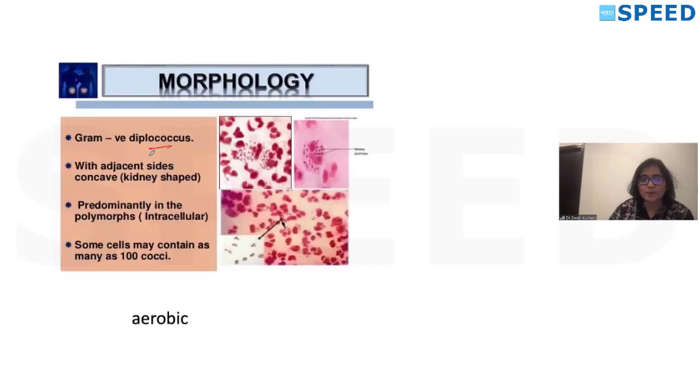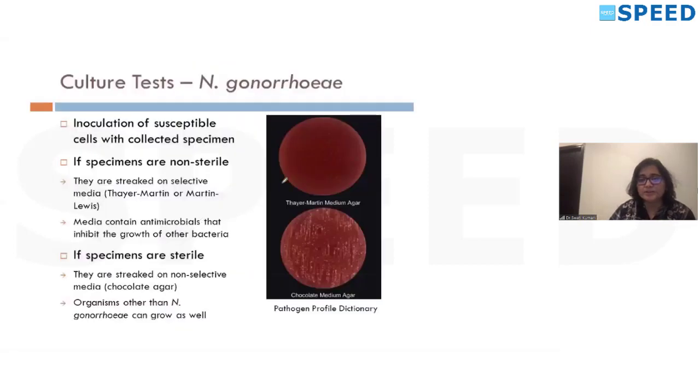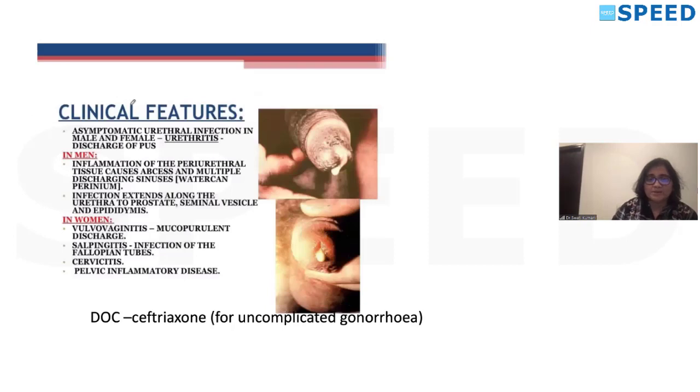Neisseria gonorrhoeae is diplococci, kidney shape, and gram negative. Okay, you can see the picture. They are pink in color. Pink color means they are gram negative. Gram negative diplococci, kidney shape, and they are intracellular. The selective media for Neisseria is Thayer-Martin media. They can also be cultured on chocolate agar. If the specimen is non-sterile, we prefer Thayer-Martin media, which is a selective media. They cause urethral infection, urethritis. In this year's NEET, a similar picture was given and it was asked which organism it can be. So it is Neisseria gonorrhoeae.